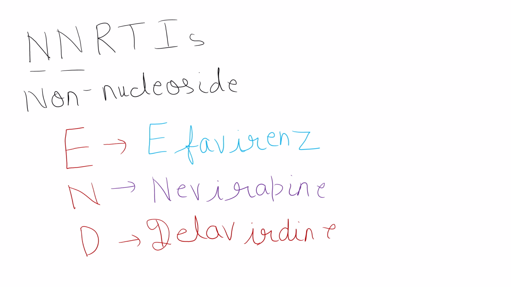extremely commonly asked MCQs. These all are the first generation non-nucleoside reverse transcriptase inhibitors: efavirenz, nevirapine and delavirdine. Now talking about the second generation NNRTI. So all the second generation